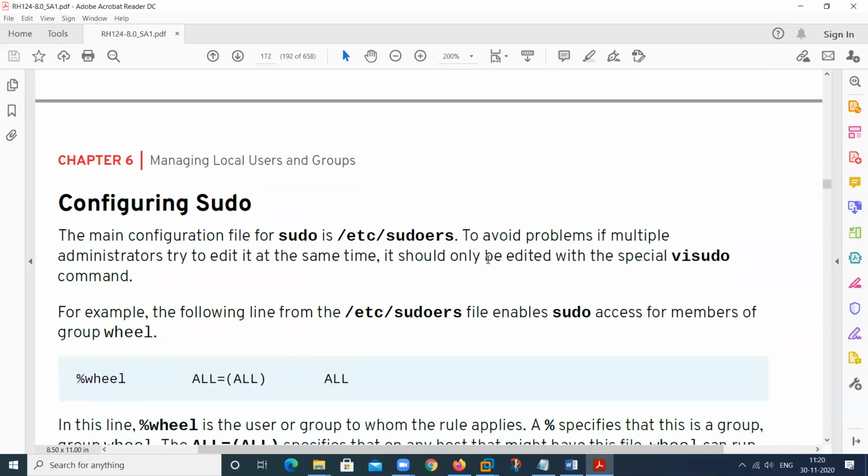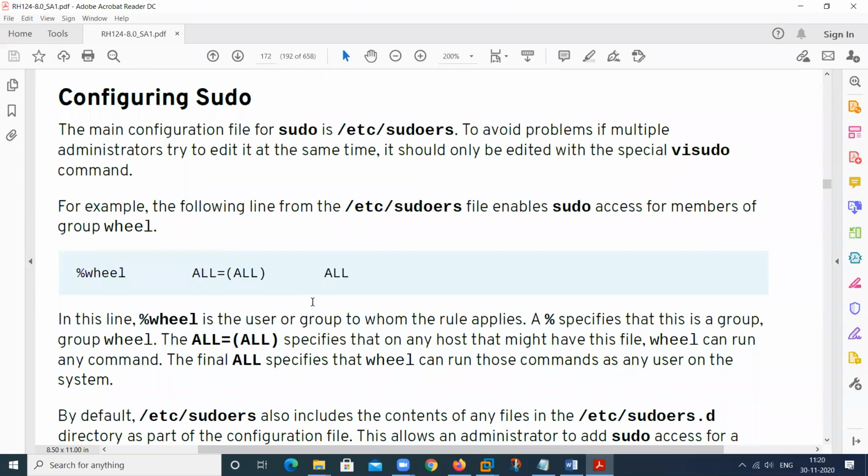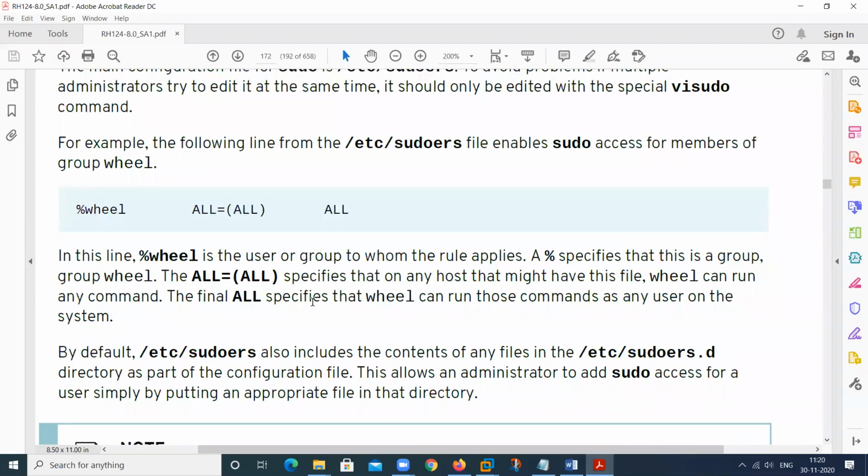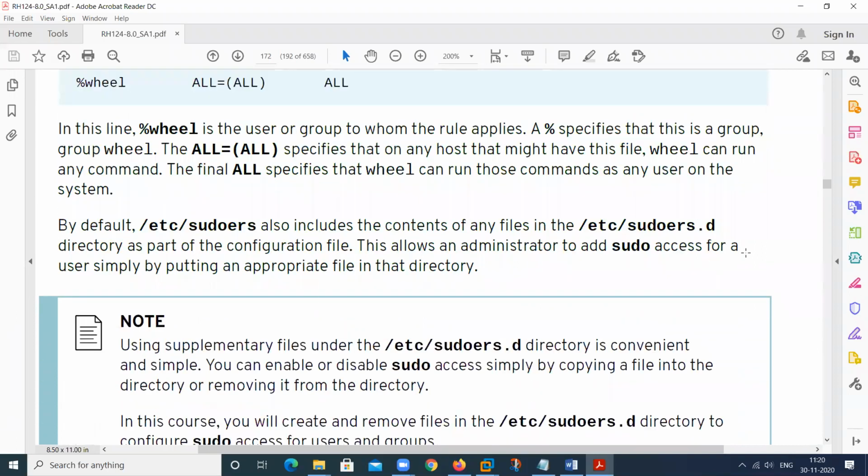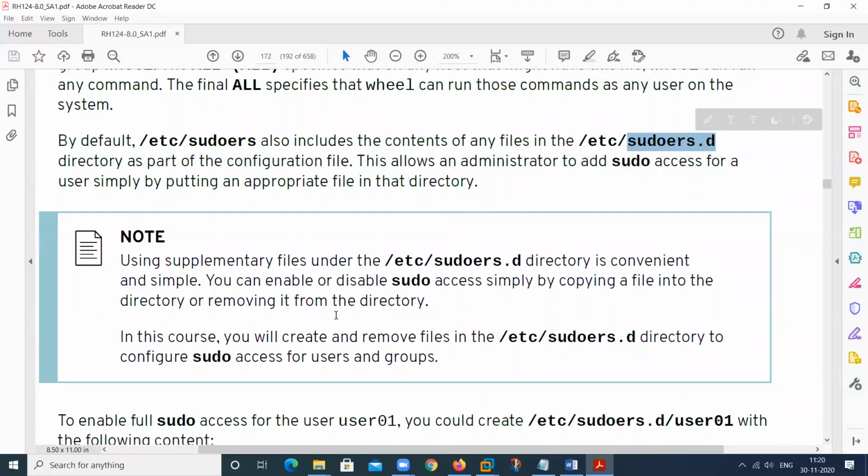Multiple entries at the same time. You can also use this entry. You can create its own entry also in this particular location, this one. Separate, convenient, simple to enable sudo directly or remove.